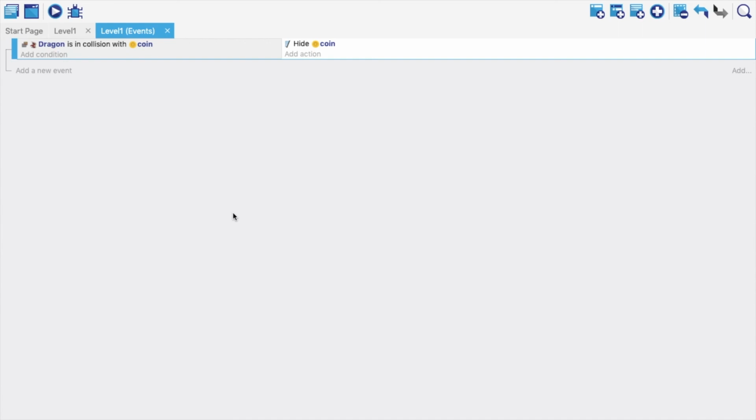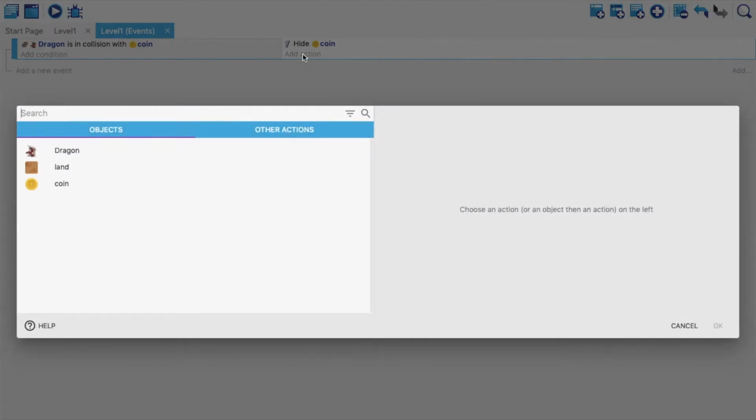So that's one thing. And now let's understand how we can add a sound effect as soon as the dragon collides with the coin and collects the coin. So I'm going to keep the condition same because my condition is not changing. What is going to get added over here is another action called play some kind of sound. So I have already downloaded a sound effect of collecting coin, and you can also go and download it from the website which I have shared in the description box, or any other website that you can find online. There are multiple websites.